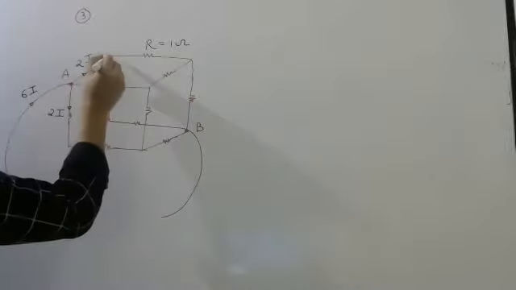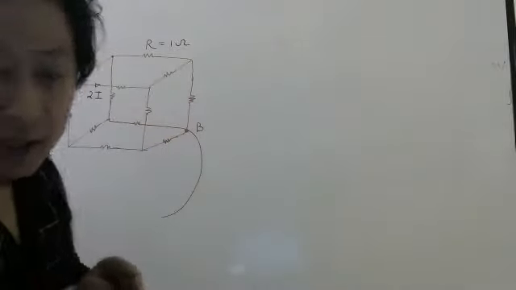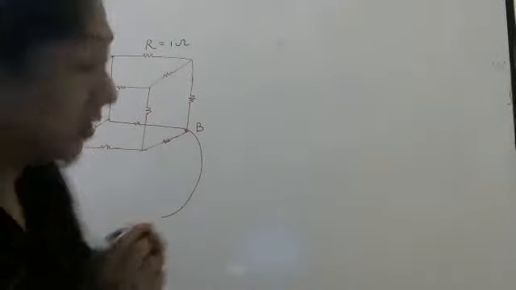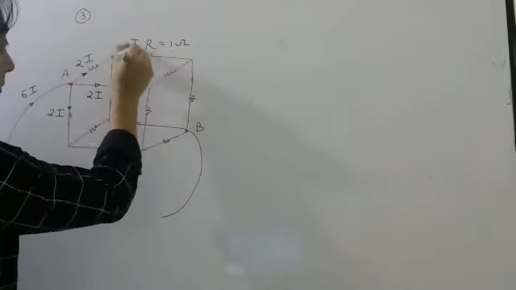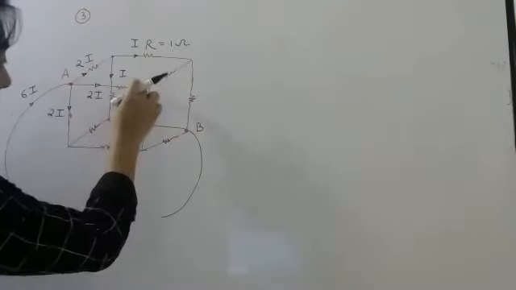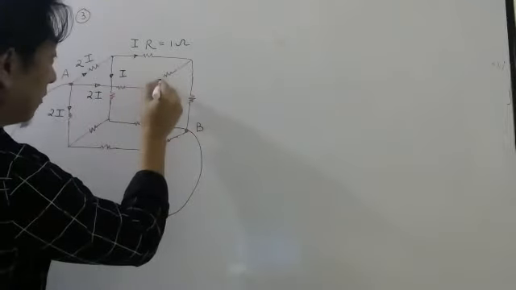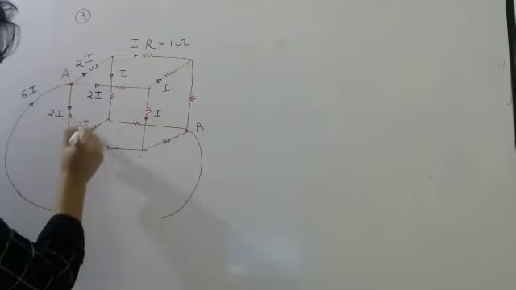Similarly, look here now. This 2I, when it reaches this point, will divide here. Again, this path to reach here and this path to reach here are identical. Since the path is the same, the current will divide equally. This is actually called path symmetry. So whatever 2I is coming will divide here and here equally: here I will go, here I will go. Similarly, this 2I which comes at this point will divide equally here and here, this way and this way, so here I and I. Similarly, this 2I will divide here I and I.